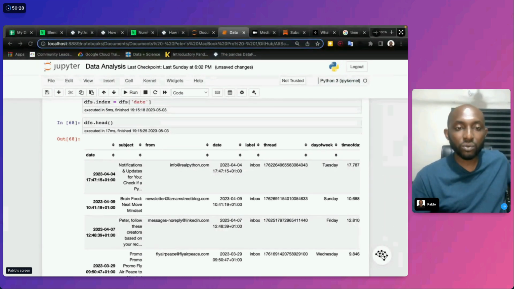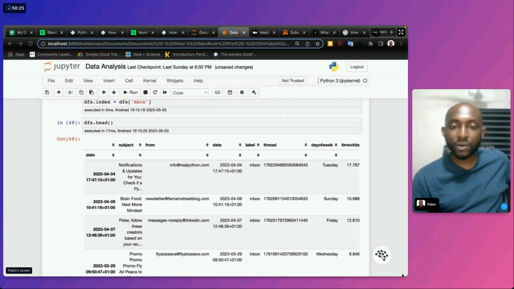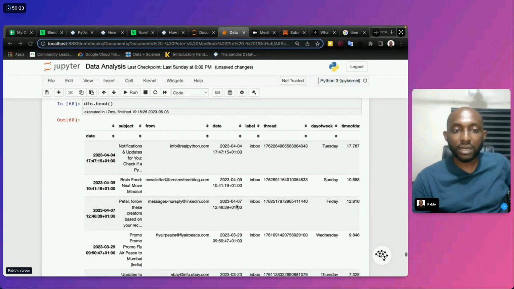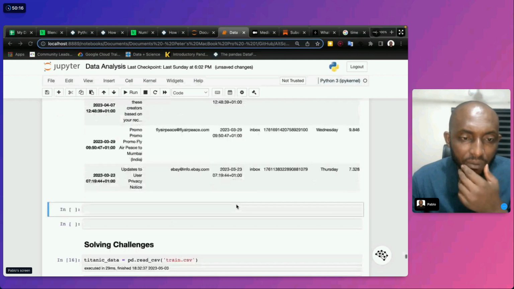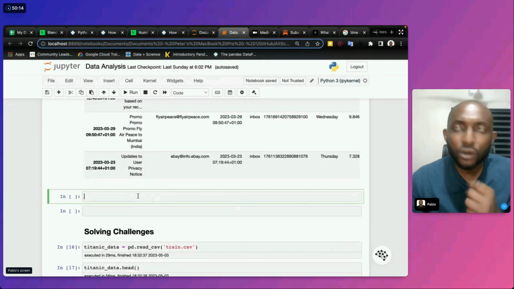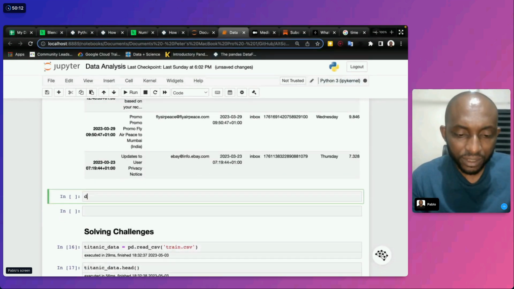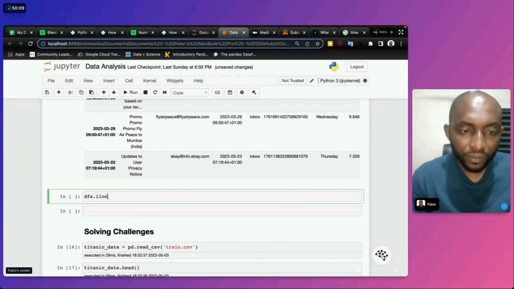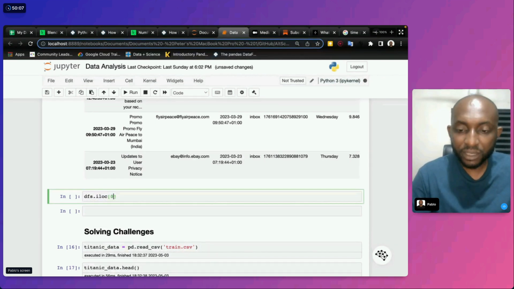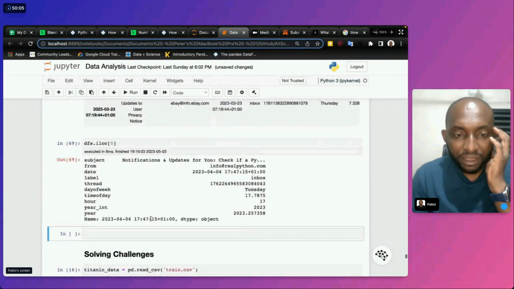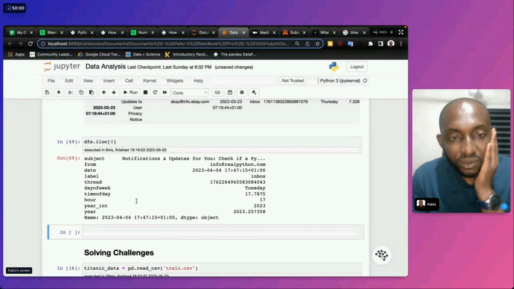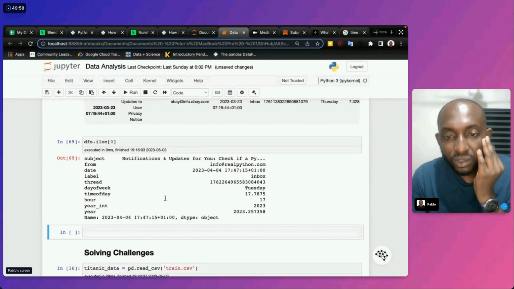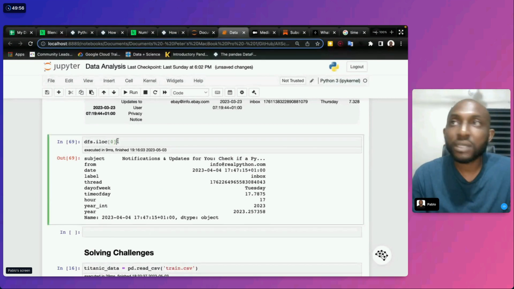So now we can analyze what we have as dates. Remember, with iloc, which is index location, let me see, dfs.iloc. At first we used a square bracket with zeros and all, but I think with this you can also use dates to check them. So this is the thing.